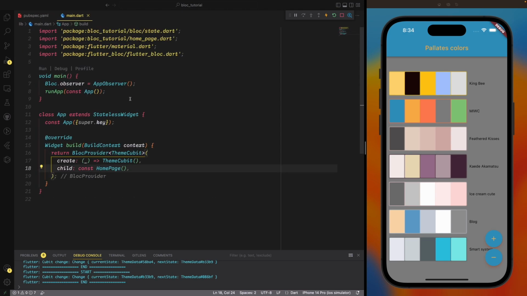Now in the main Dart file, the first thing we need to do is bring in the Bloc observer, and then we assign it to our app observer. If you want to have a high-level idea about how the state is changing, you need to use this. So whenever any state is changed, this observer will be called, and it has a couple of methods that need